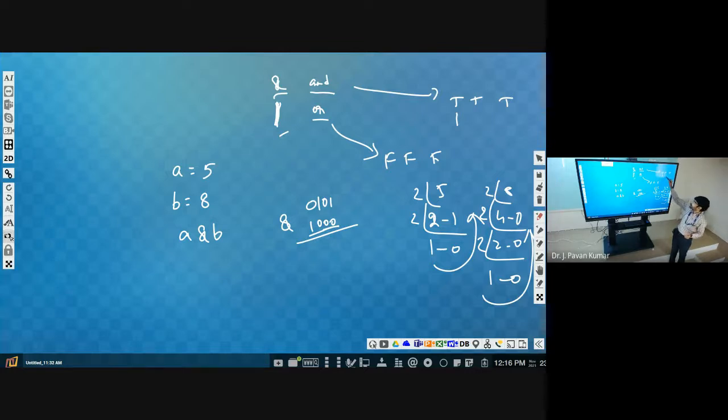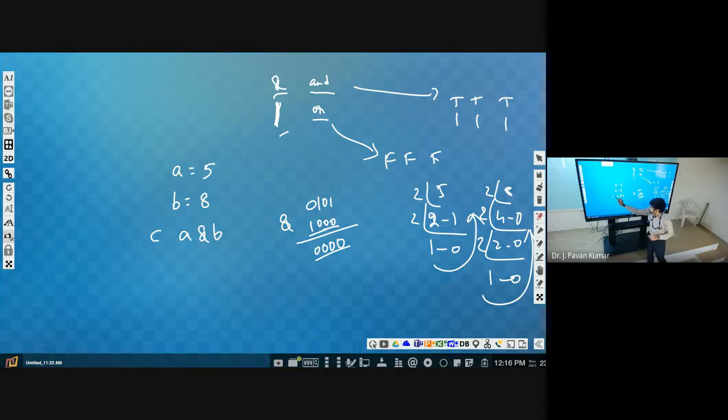So 1 and 1 means 1; other than that, it will be false for the AND operation. Similarly here 1 and 0 gives 0. The result is 0000. Understand? So this is the AND operation.